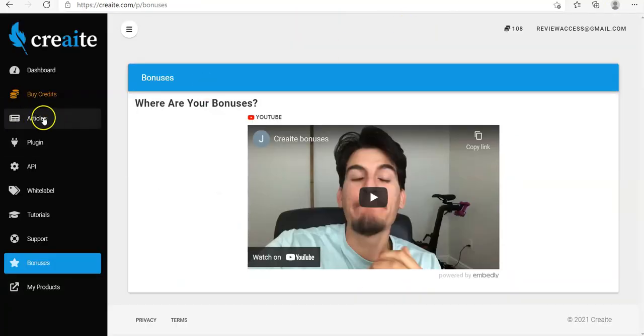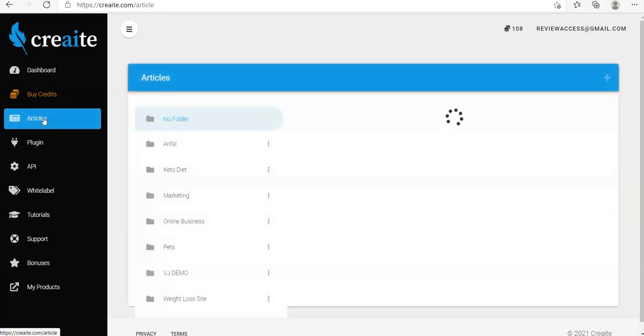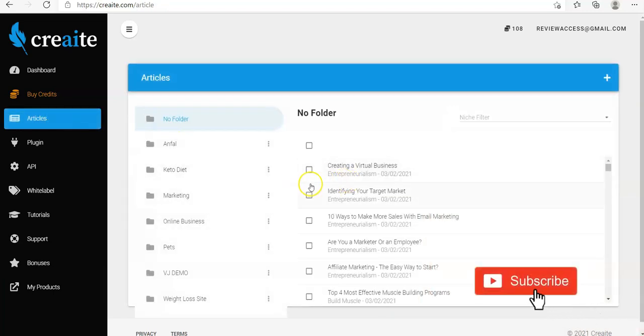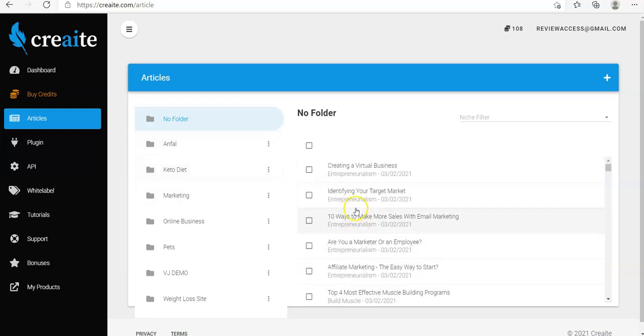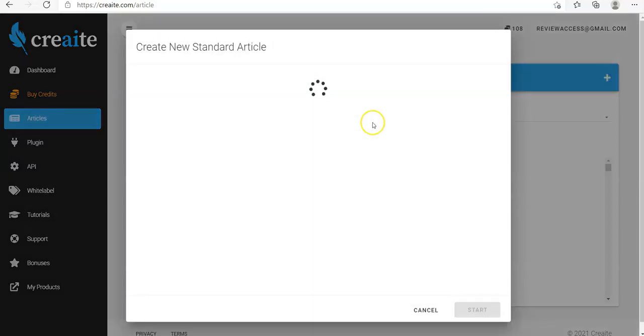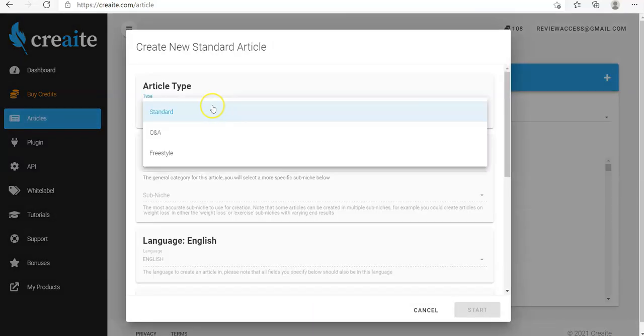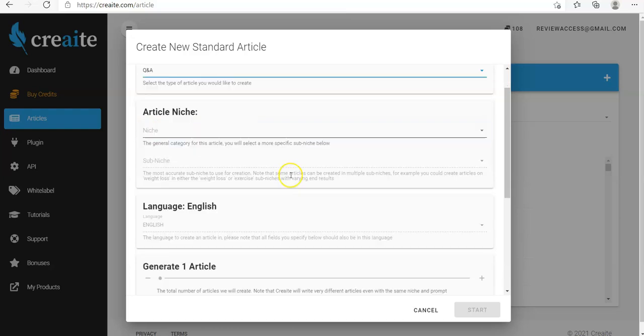So let's just go into the articles and make one. These are articles that are already written from before. If you want to make a new one, you go to the plus sign. You've got 3 types of article that you can make. Standard is just a standard article, where you give them one sentence and it writes it for you. Q&A is when you give them a series of questions,